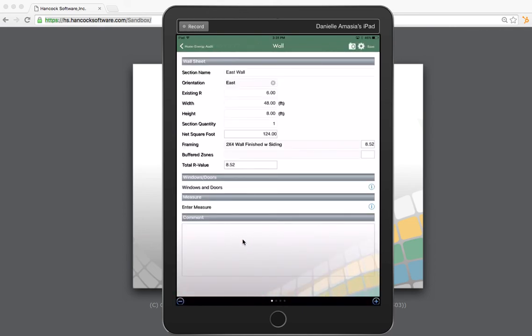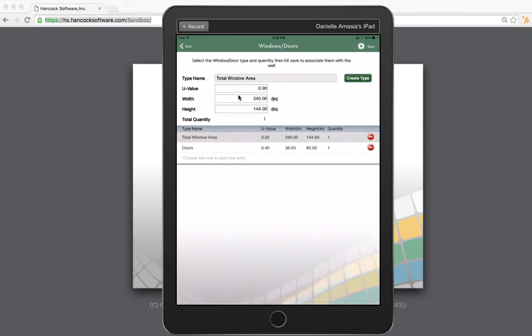If you click the walls, you will see the existing wall sheet. You can tell from the dots below, I have defined 4 walls. Each have a height of 8 feet and a width of 48. This is a 1-story structure. If it was 2 stories, I could put that height at 16 feet. Now, I'm on the east wall, and I now have the ability to attach windows straight from the wall screen. So I'm going to press this window and door screen,